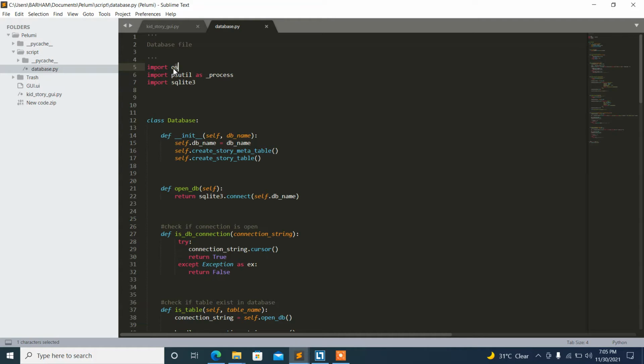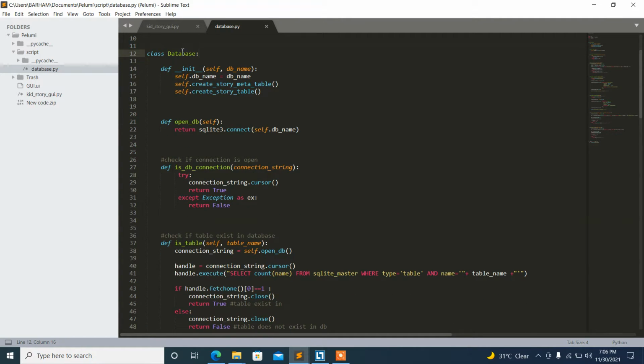This one is a library for the operating system to interact with the functionalities of the operating system. And this one, processes. We created a database class, and inside it we call a constructor, which